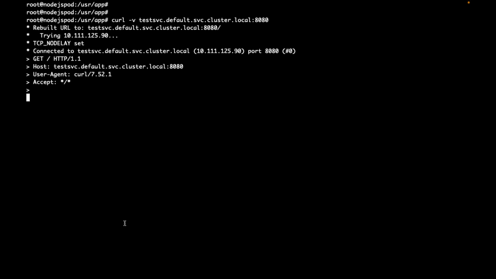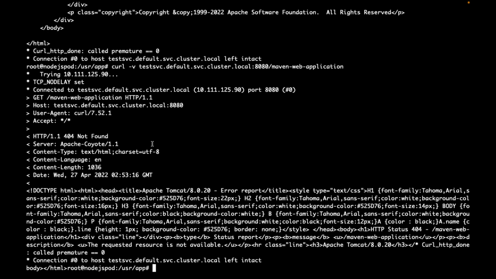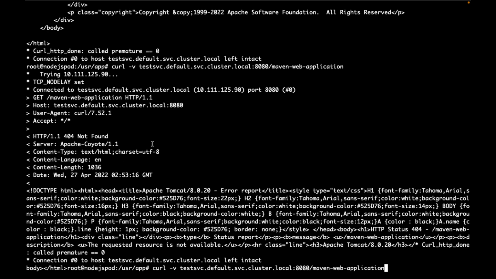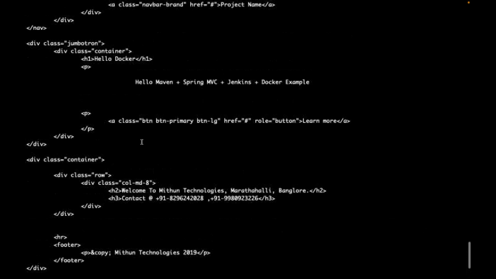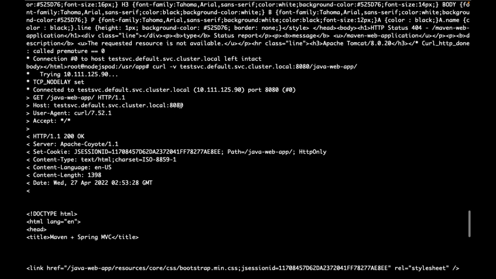Am I getting that Tomcat home page response? Now within that I have this application. Maven hyphen. This is not a Maven application. Which application did I deploy? I think I have deployed a different app. So am I getting a response from that application container, the Tomcat container, when I'm using this service port?